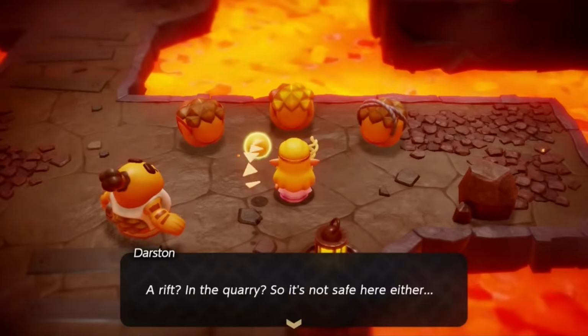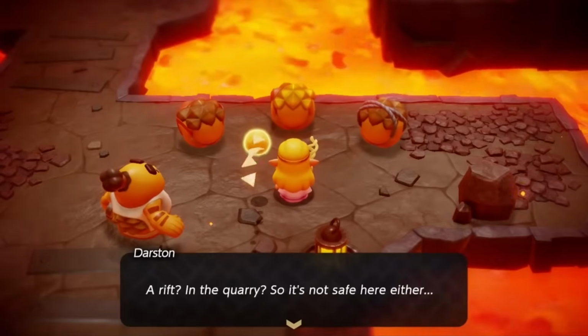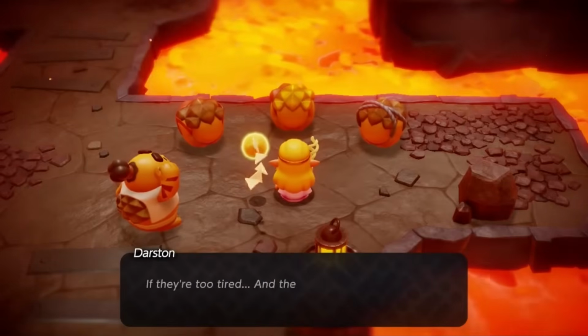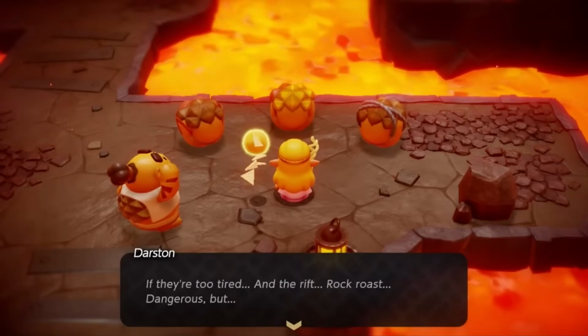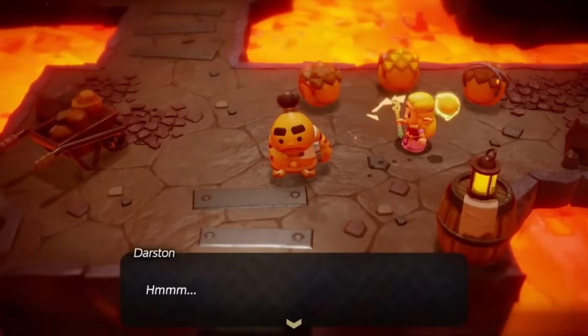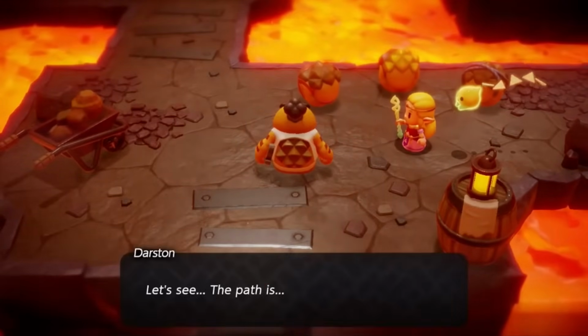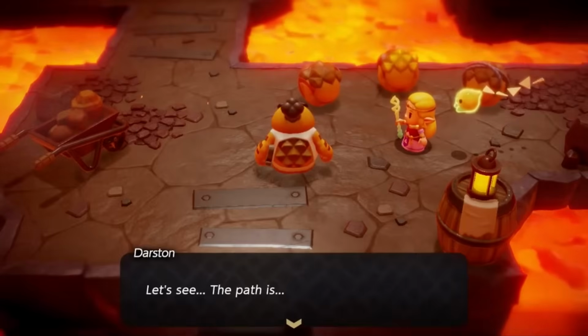I'm starving. A rift? In a quarry? So it's not safe here either. Oh no. What if it starts spreading? Won't we be able to escape in time? If they're tired too, and the rift, rock roast dangerous, but... Huh. Well, whatever happens, these folks need some rock roast. You got that, Kaylee? Let's see. The path is...